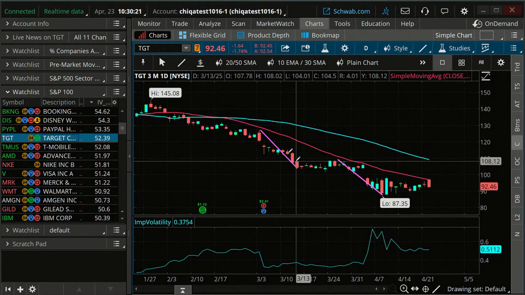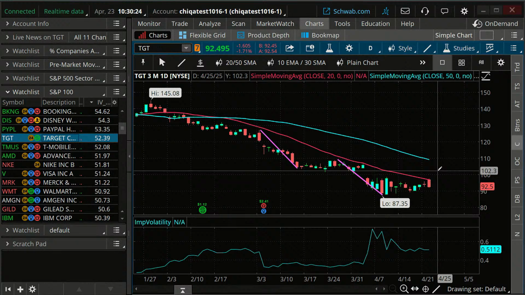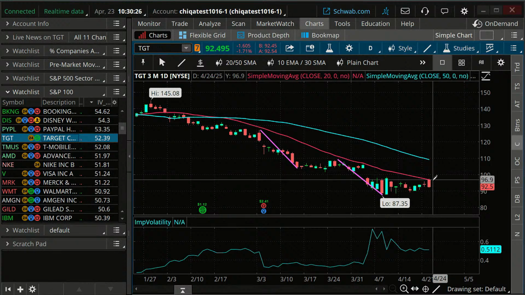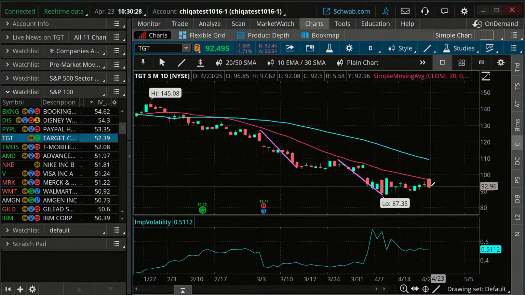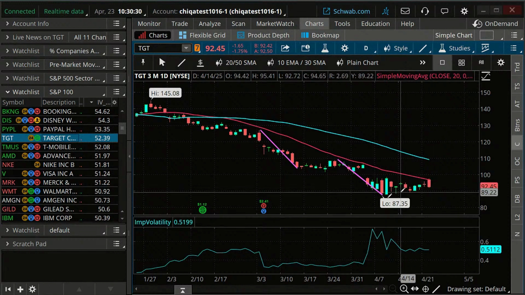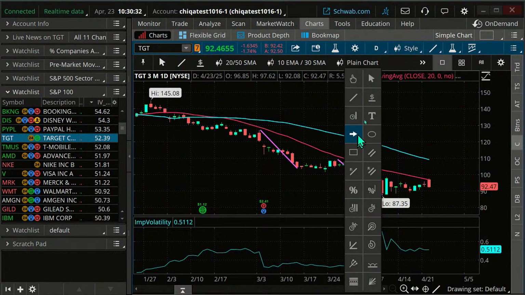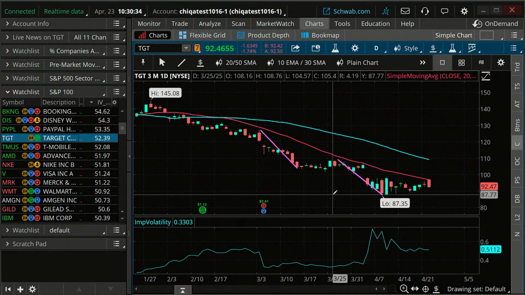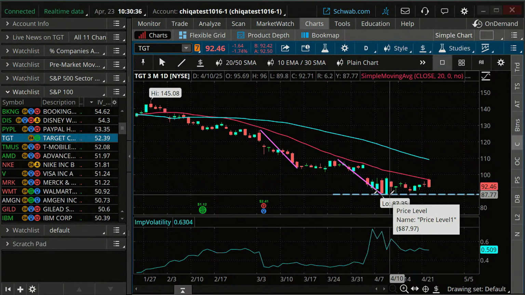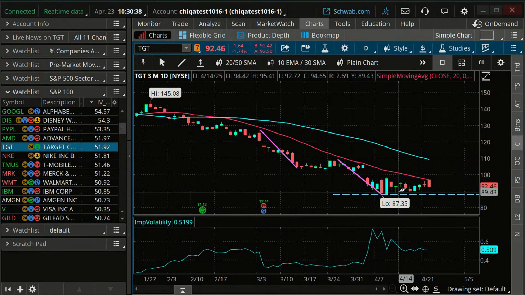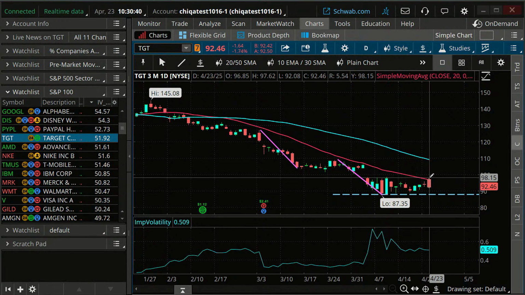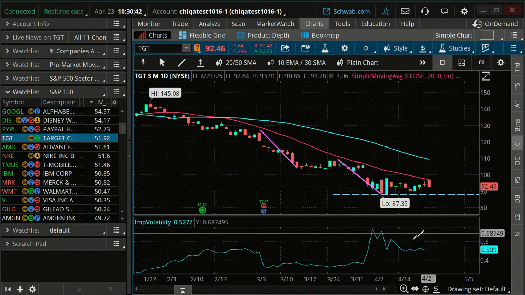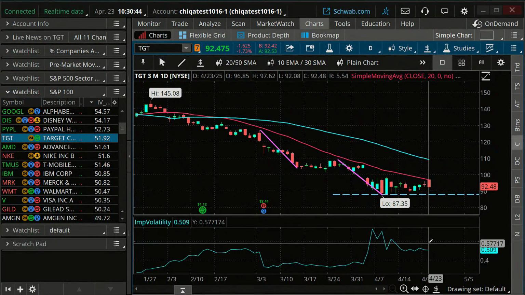Here's Target. Target has generally been trending down, beaten up big time. And I want to do a different type of trade. I'm going to go something a little bit more neutral, but slightly bearish here. I'm going to say potential support here. We hit a few times off that, but generally going down. Implied volatilities are going down.